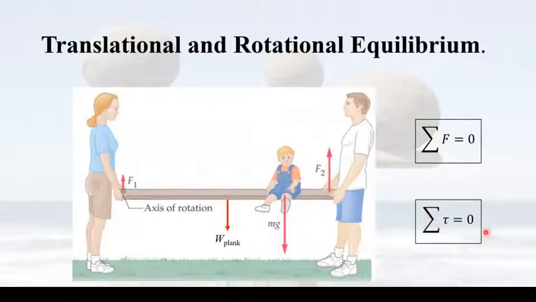And then when it is in equilibrium, the total torque is also equal to 0 because it doesn't rotate. Meaning that the clockwise torque and the anti-clockwise torque cancel each other. Okay, so how to determine whether it is clockwise or anti-clockwise? It's very simple. Now this is the axis of rotation. You imagine you are holding a pen at this end. So if you want to determine the direction of rotation caused by the plank wood, which is the weight of the plank wood,